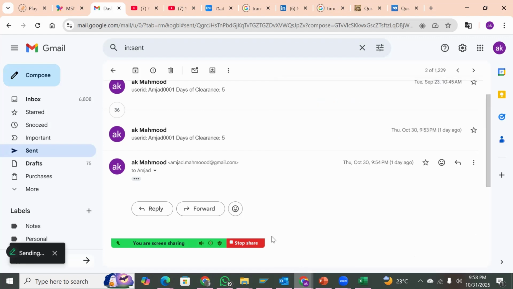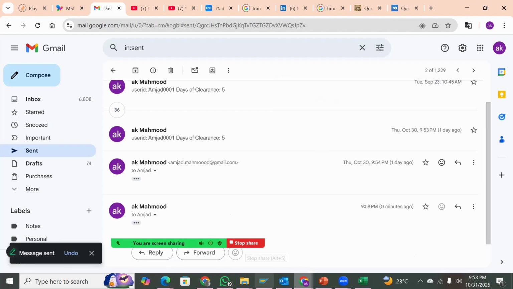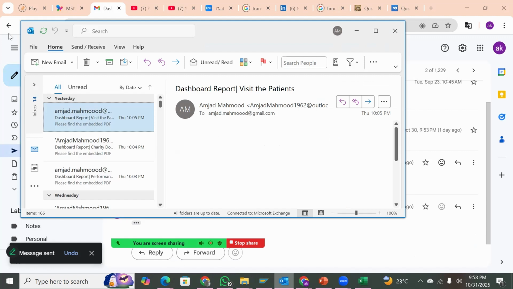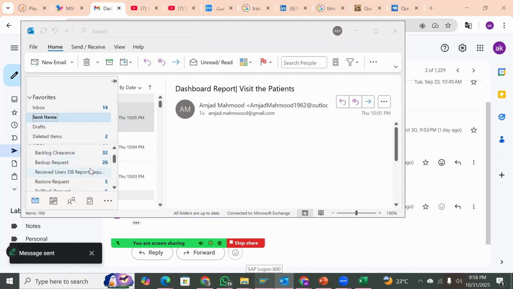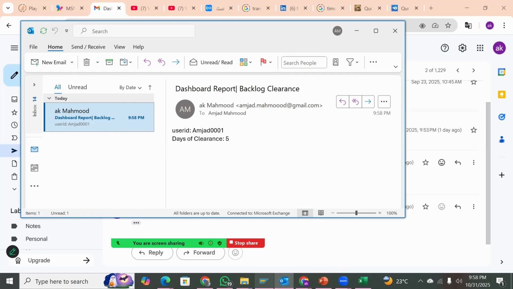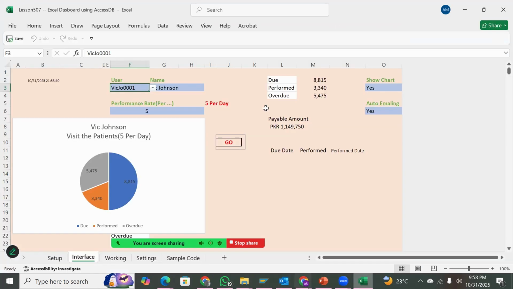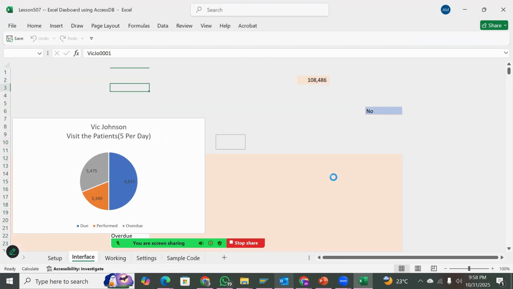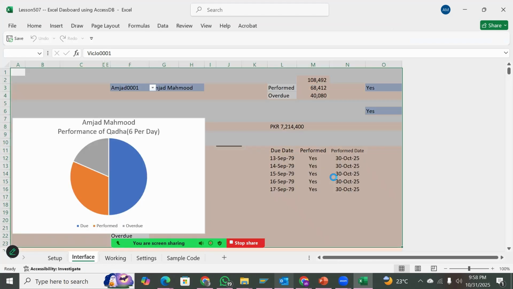So when we send it, what happens? It comes to Outlook, in this folder. It will land in this folder. As soon as it has landed here, it will be within the reach of the dashboard. The dashboard will take it and start acting upon it. Now you can see that my user will automatically be used, and it is clearing